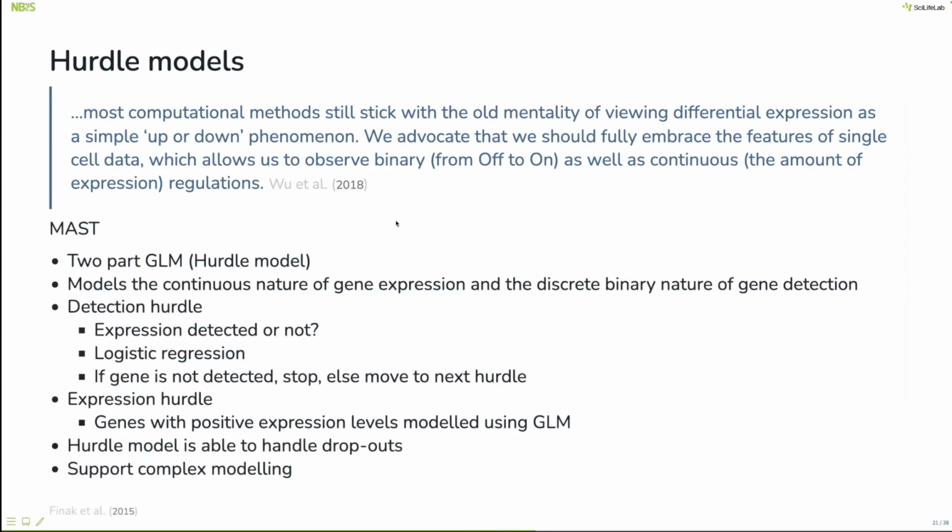MAST is an example of that. It's called a two-part GLM, a hurdle model, and it uses both the continuous gene expression and the discrete gene expression. It's able to handle dropouts, and it also supports complex modeling, which leads us into the next slide, where we have